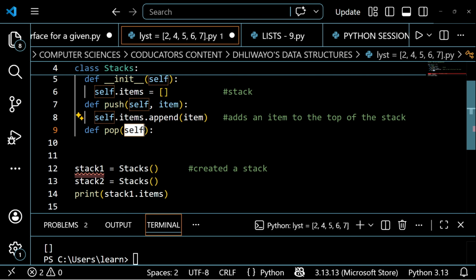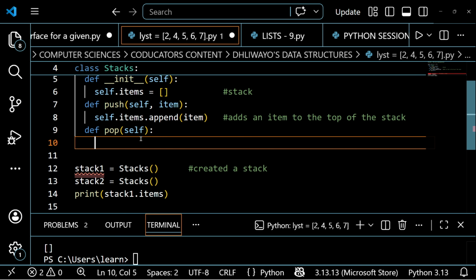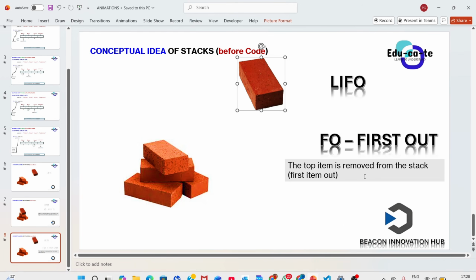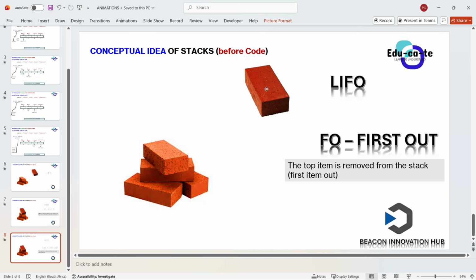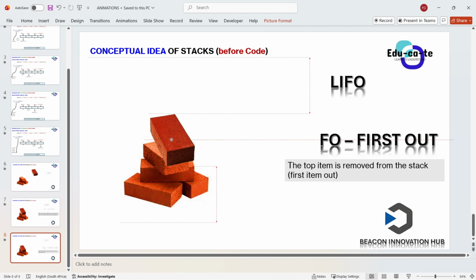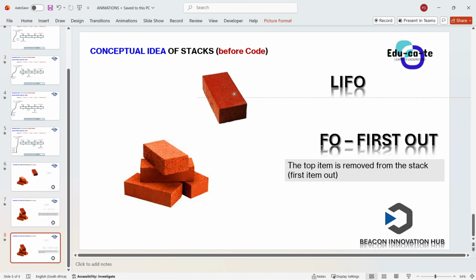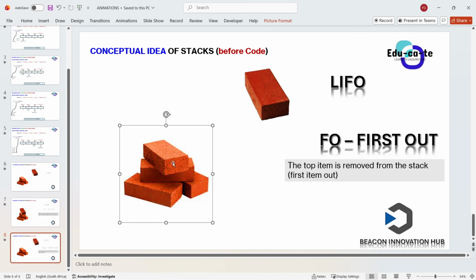I don't have to put anything else, because whenever I say pop, we already know that popping means I'm removing an item on top, because I told you guys that stacks only use two principles. It is last in, first out. So whenever I add an item, I add on top, and when I remove it, I remove it from the top. Whenever I add an item, I add it to the top of the stack, or it becomes the last item that I've added. And then when I remove, I remove this brick item first before I go to the other bricks.